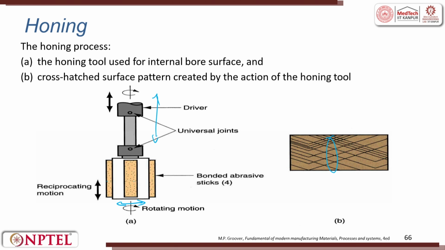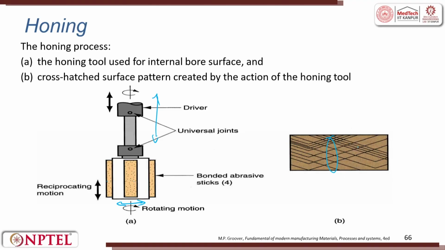So, honing is an operation where you have a cylindrical hole, you want to expand it like reaming you did. Here you can expand the hole, and inside the hole you can create crisscross hatch patterns. Why is this important? This is important because when you are trying to do a lubrication action between the piston and the cylinder, these diamond-like points, these are called pinch points, where the oil can be retained and it can help in lubrication. So, honing can be done internal, honing can be done external.